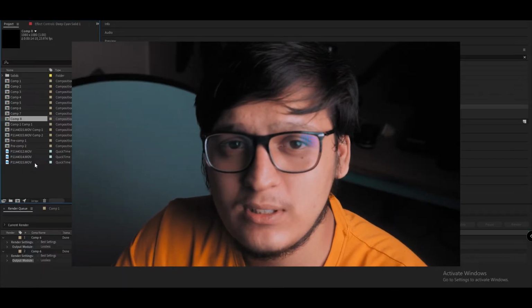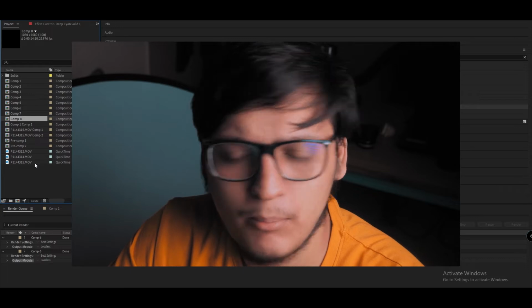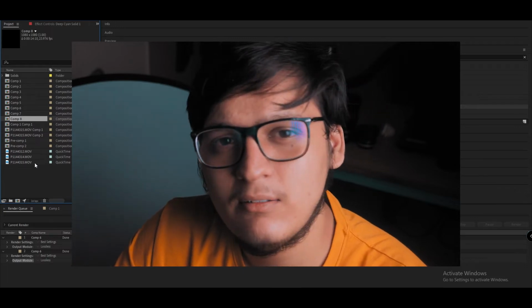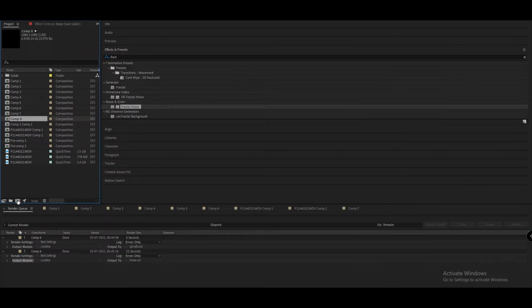Now the first thing that we'll do is create our elements, and then we'll composite them into our footage. Well, not composite, it's not actually compositing, it's just overlaying, but still, let's move on. Now the first thing that we're going to do is create a new composition by clicking on this button right here,